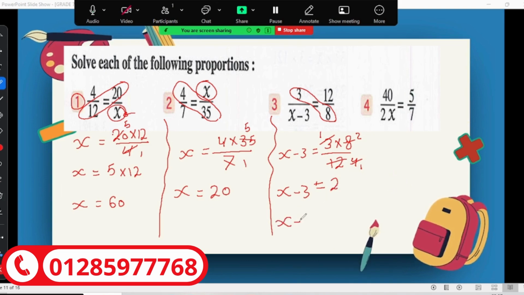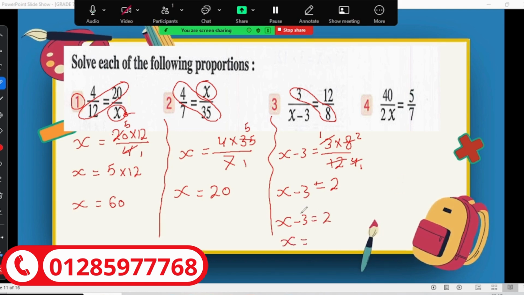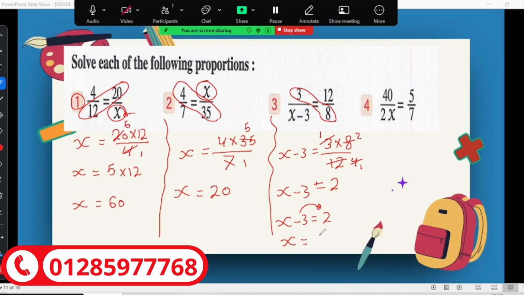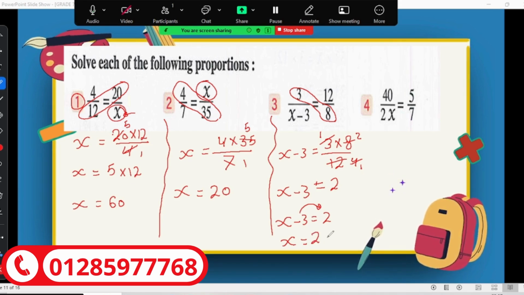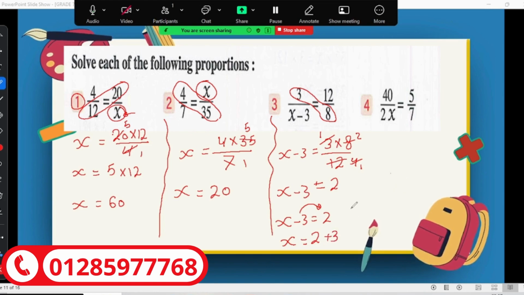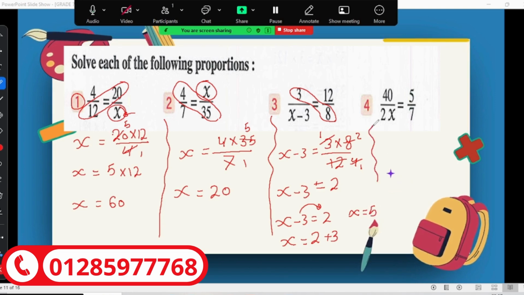So x minus 3 equals 2, x equals, moving to the other side with the inverse sign, 2 plus 3, so x here will equal 5. Okay,